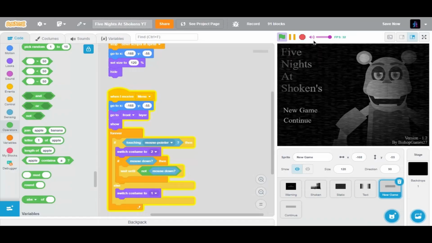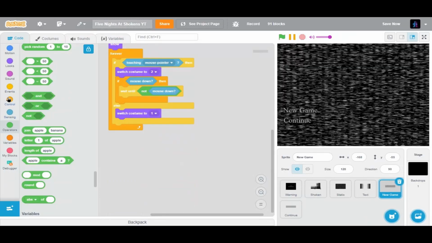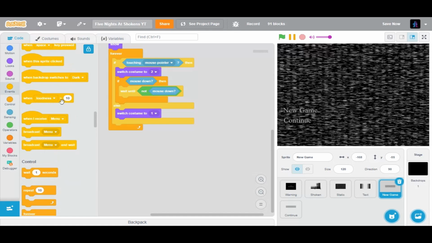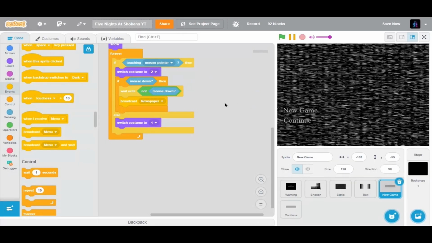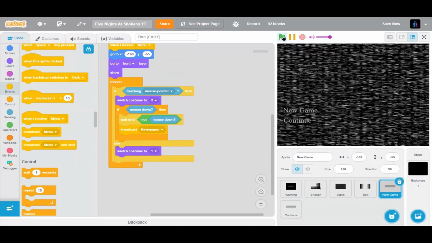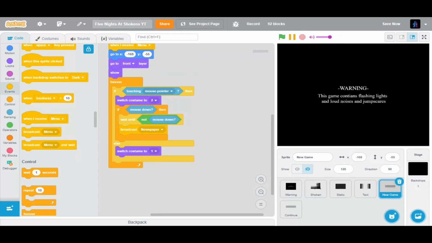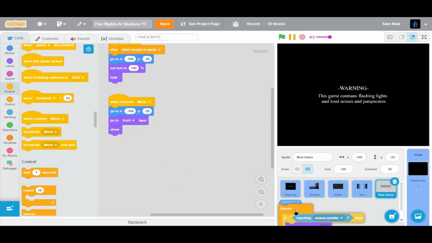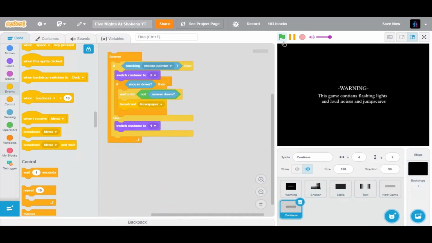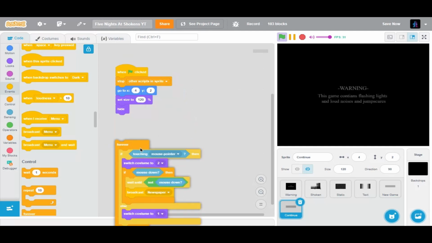and then we'll broadcast newspaper. Newspaper. We're done with the code. That's it, for the newspaper. I mean for the new game. Now we'll just copy all of this here to the continue bar, and let's restart again, and